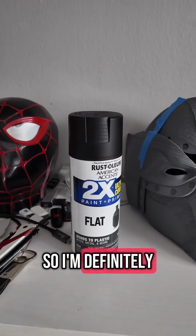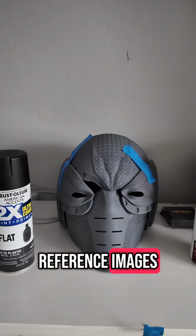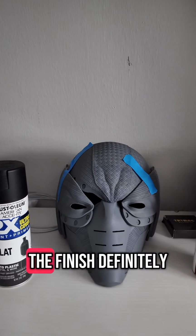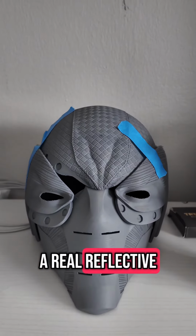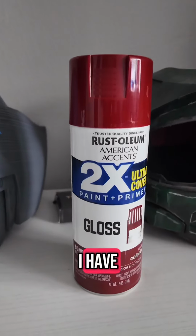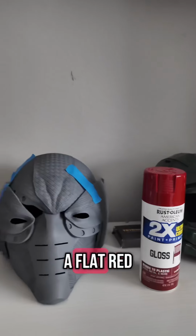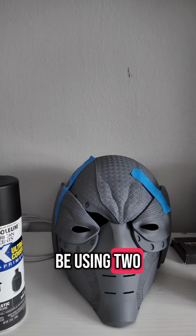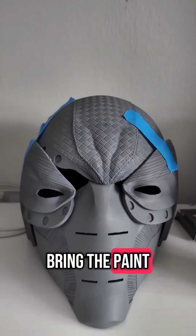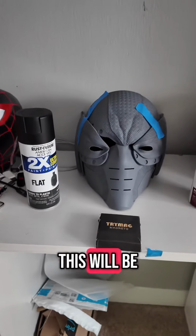So I'm definitely going to be going with a flat black for everything, because from the reference images, this paint or the finish definitely doesn't have a real reflective kind of look. So this gloss red is what I have. This isn't really what I'm going to be planning on using. I'm looking for a flat red to replace that, but I'm going to be using two flat colors to bring the paint to life. With a couple magnets, a little bit of razzle dazzle, this will be all done,